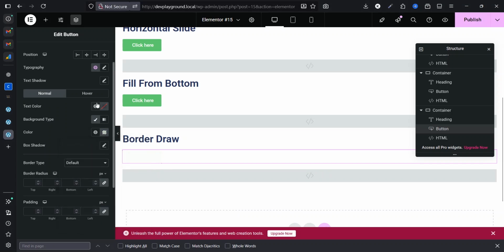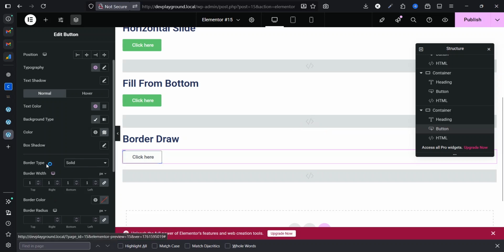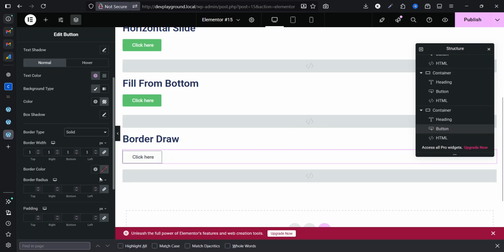But for this effect to work really well, you need to customize your button. So it's better you use an outline design. So for the background, I'm going to make the opacity 0. You understand? I'll remove the opacity fully. I'm going to change the text color. Then I'm going to add